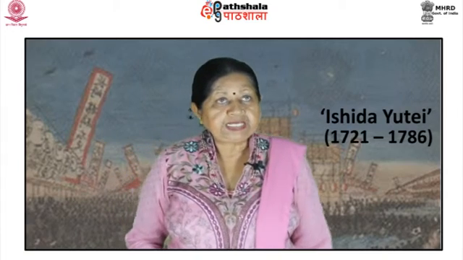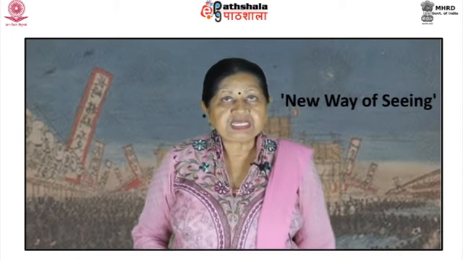The first exponent of realism was a native of a village in the province of Tanba. At the age of 17, he entered the studio of Ishida Yutei, a painter of the Kano school of Kyoto, where he acquired great proficiency in the handling of the brush. By a mere chance, his eyes were opened to a new aesthetic, or better, a new way of seeing, that